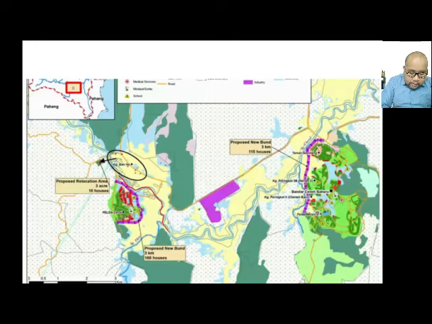For example, the Kampung Bahu. Okay, kawasan ni kawasan yang banjir. So the consultant has suggested to relocate the residents, in an area of around 3 acres containing 10 houses, to another